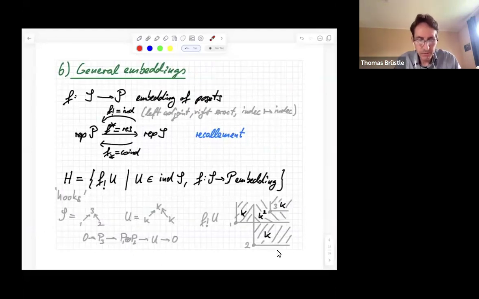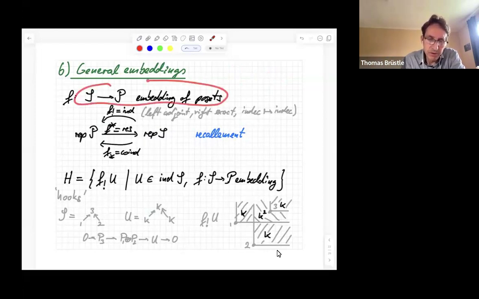I'm at the end of my time. I just want to tell you that based on this proof of the theorem, we can now think about other embeddings. What did we embed so far? We embedded the quiver with two vertices, but instead of that, we can embed any representation finite quiver. So we can consider embeddings of posets where S is hopefully representation finite. We control its representation theory. And then with any such embedding,